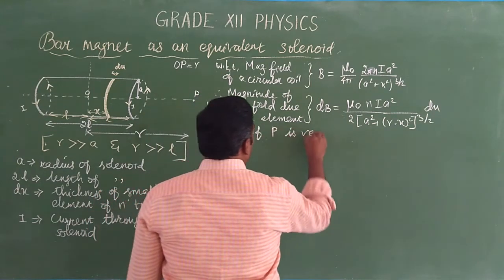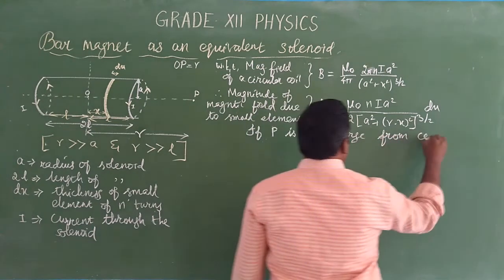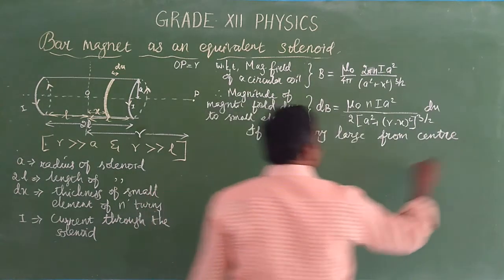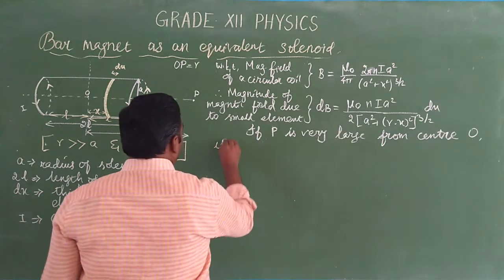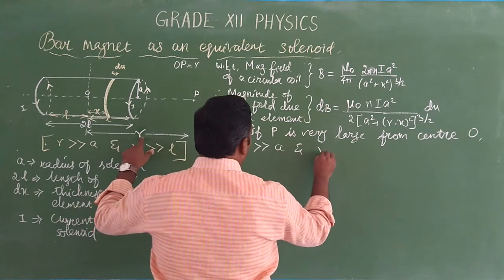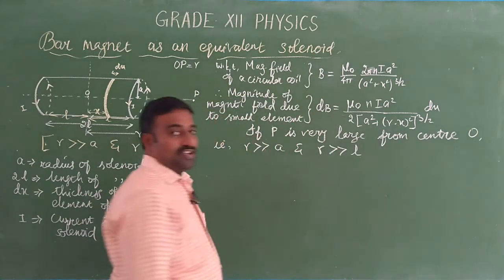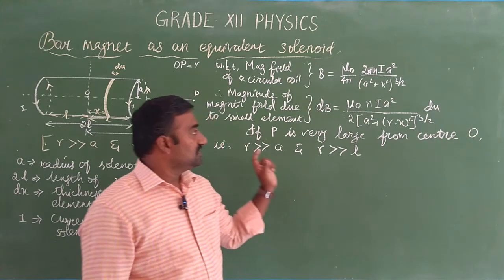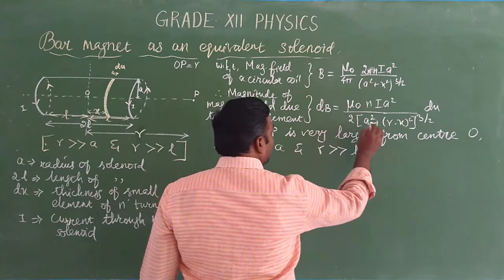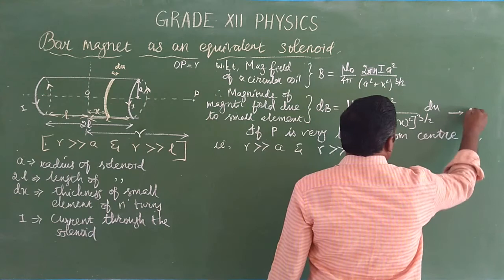If P is very large from the center, this distance R from the center O is very much greater than the radius of the solenoid, and also this distance is very much greater than the length. So from the denominators, we can rearrange: the a square vanishes and also the x square value vanishes. Then this equation 1 becomes,